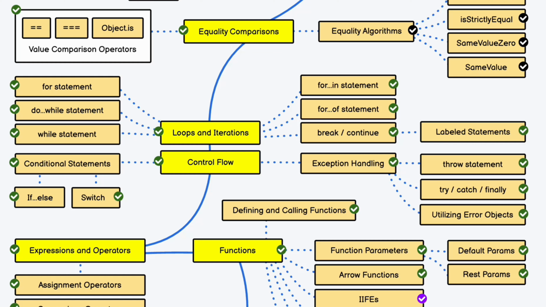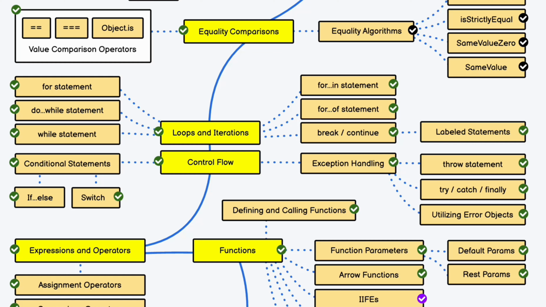Now we have exception handling. Under exception handling, we have throw statement, try, catch, finally, and utilizing the error object. When you make an API call, sometimes the API will fail the request. So you have to know how you can catch that particular error when you build any statement. So you have to know exception handling. They will ask you in an interview, when you sit for JavaScript, what is exception handling and what are the subcategories we have, which we have to keep in mind when building the if else statement logic. So that's the 8th component.